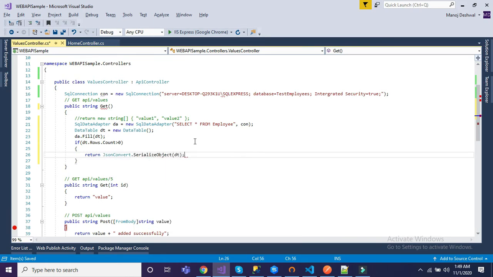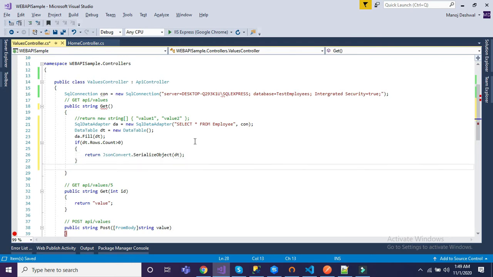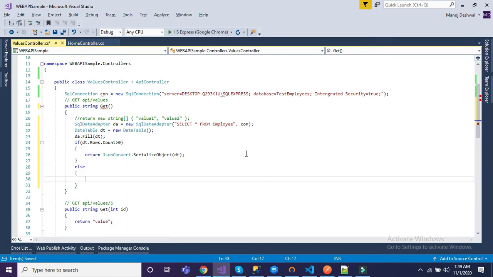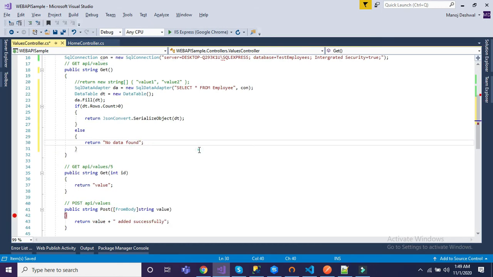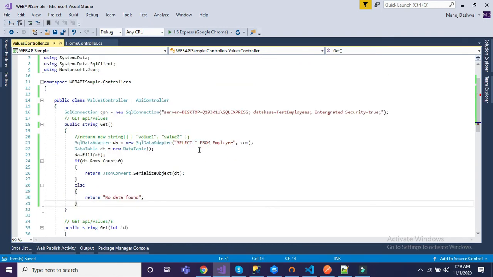It means it will convert all the records which are coming through that data table into a JSON string and return it to the browser or Postman response. All right. Else we will simply return a static string like no data found. All right. Just save it.